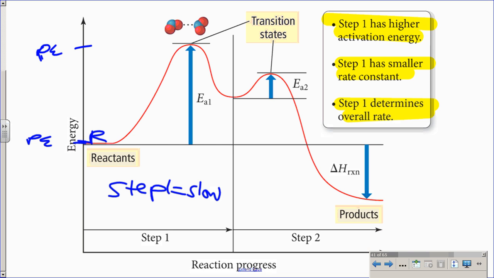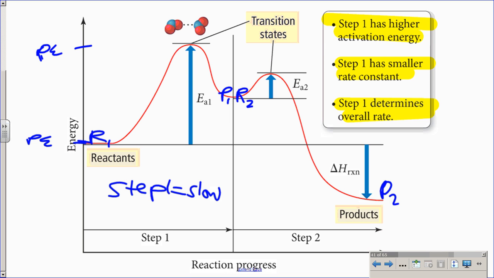Step 1 forms reactants 1 and makes products 1. So that's representing the first elementary step we previously had on the page. Then products 1 are going to become reactants 2, so they're the reactants for the second elementary step. They have a little tiny activation energy that must be met, and then they come way down here to products 2. Okay, and knowing that information, you can deduce that elementary step 1, also occurring slow, means